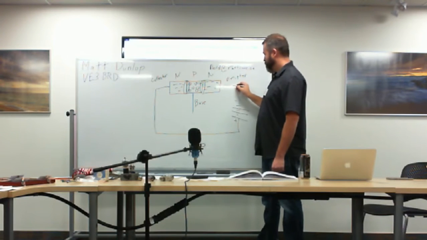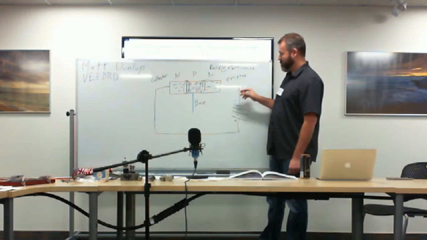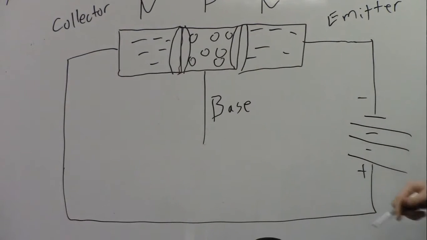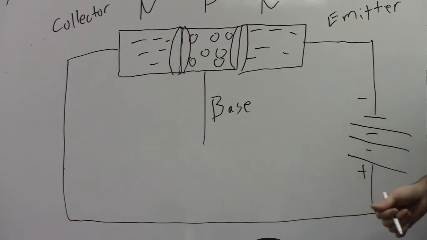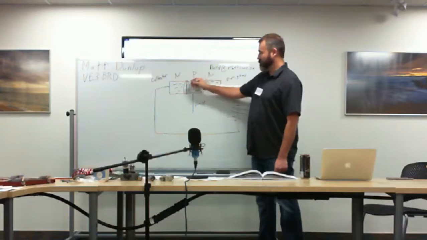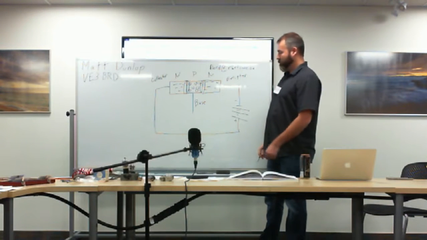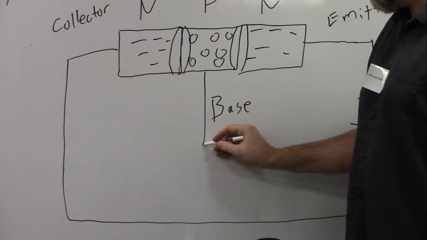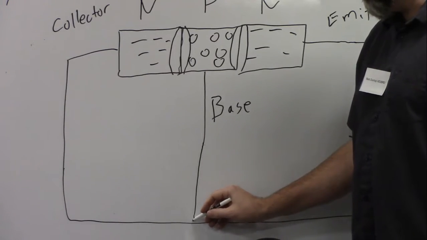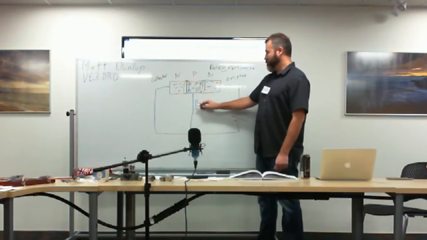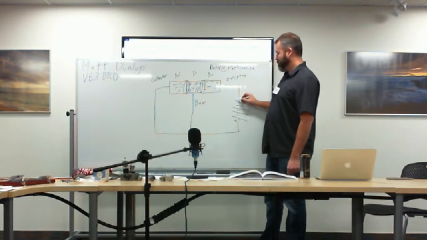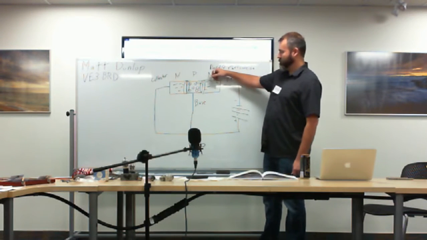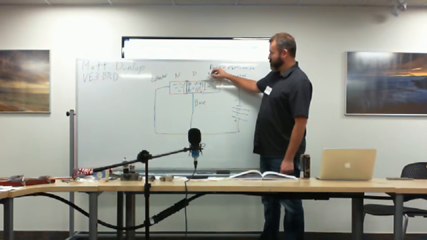So the magic happens if I connect power to the collector and emitter. Because of that, it's not going to allow electrons to flow through at all. They're completely blocked in two locations. So what we do is, if we connect our base to a positive voltage, what it allows to happen between our base and emitter is it allows electrons to be pulled from the battery or power source and replenish the electrons that are being pulled here in the depletion zone,